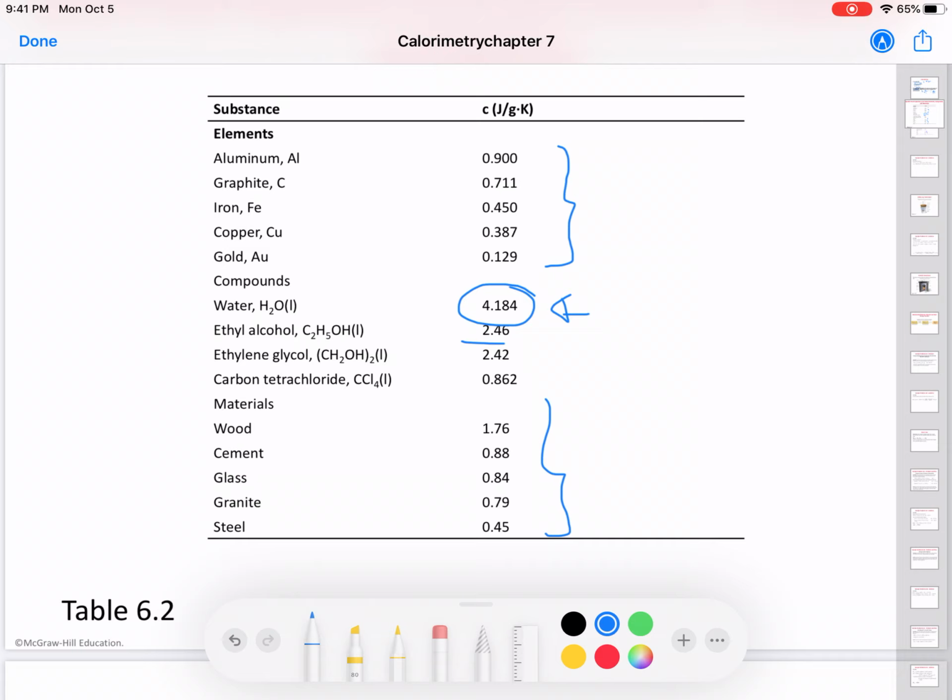Okay, and metals also have low specific heat capacity. That's why a pot or pan made of metal that you put on top of a stove will heat up really quickly. But if you have water, it will take some more time for water to get heated up, because water has a higher specific heat capacity. Okay,